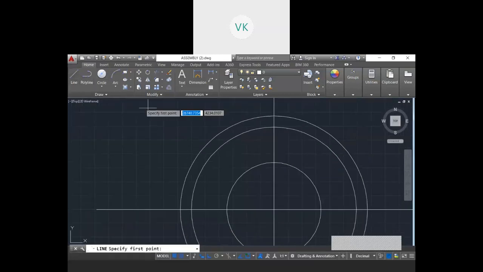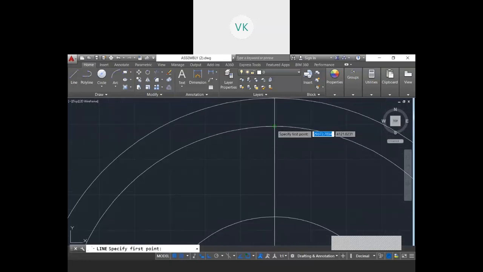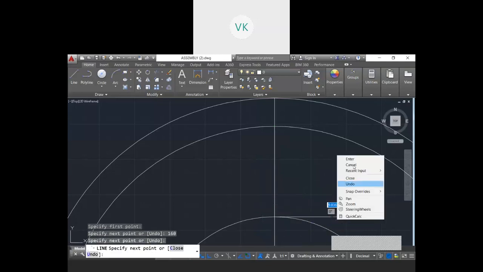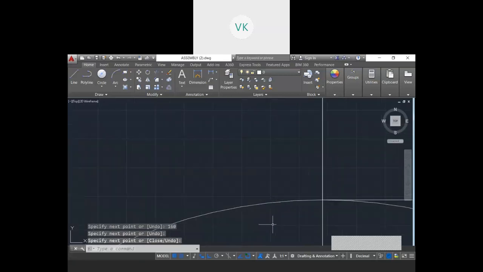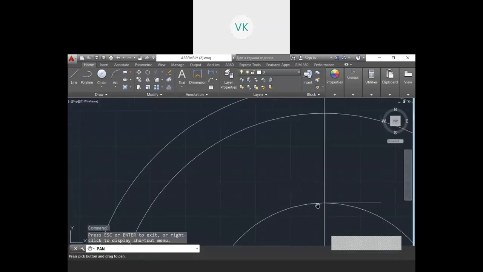I will redraw. 160 mm, so exactly it is coming here. I will just keep this line, and later I will delete it because I want to know where exactly it is. Actually it is on the tangent of this circle.